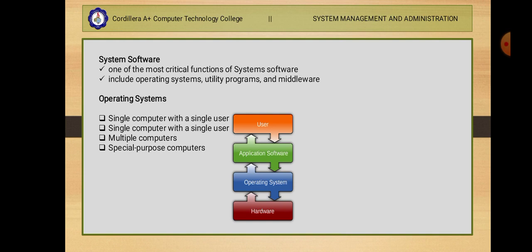Itong OS na to plays a central role in the functioning of the complete computer system. So it is usually stored on the disk. After you start or boot up the computer system, portions of the OS are transferred to the memory as they are needed. You can also boot a computer from CDs, DVDs, or even from a thumb drive plugged into a USB port.